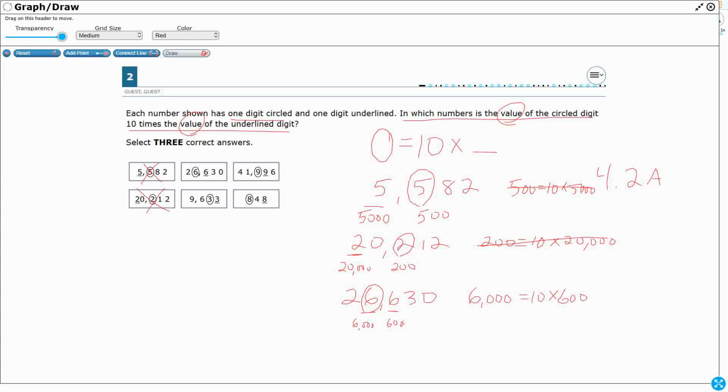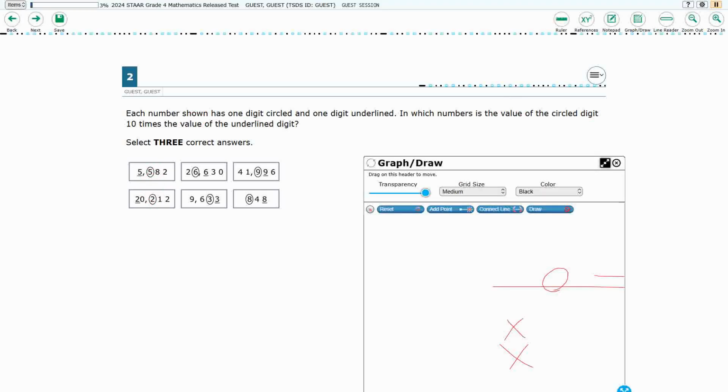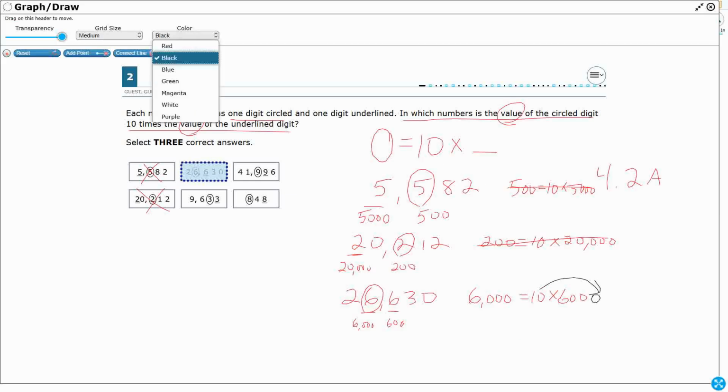Because when we multiply by 10, we add a 0 to the end of it if it's a whole number. So my 600 becomes 6,000. And so that is going to work, right? So we can take that one, and let's go ahead and mark that one as correct. We need 2 more. So let's look at this one,